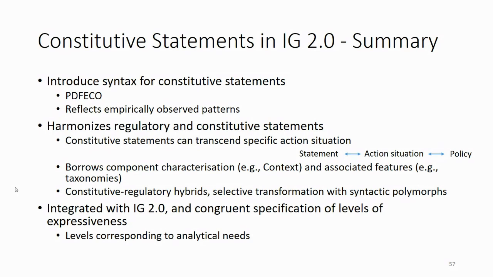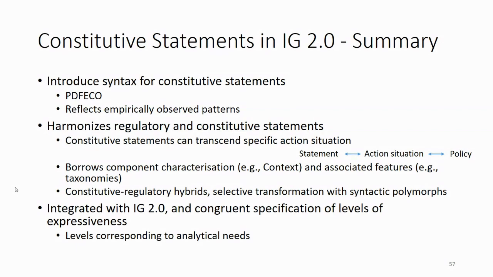So here the question is rather one of scope that needs to be put forth when identifying the analytical objectives that the coding exercise underlies. So if we're looking at individual statements, of course, this is a different perspective as opposed to looking at the policy in its entirety. There's, of course, a certain overlap that I just highlighted based on the juxtaposition of both different syntax specifications, particularly with respect to the context and associated taxonomies, as well as the or elses.